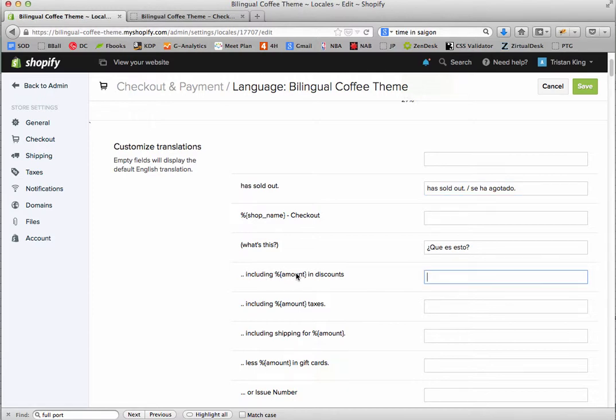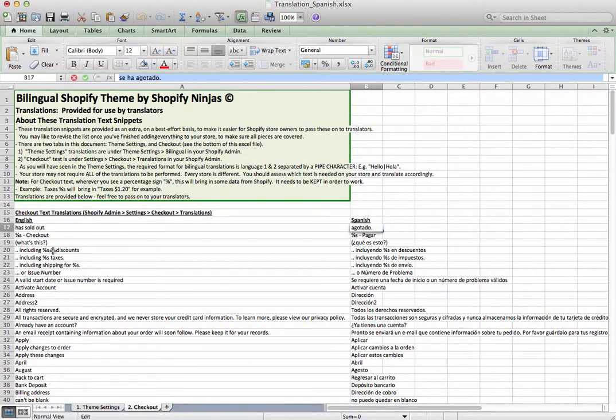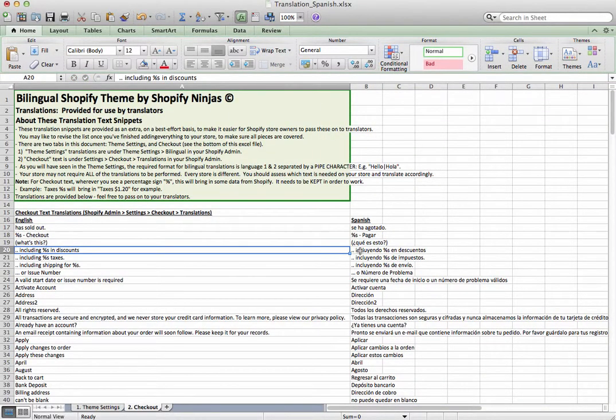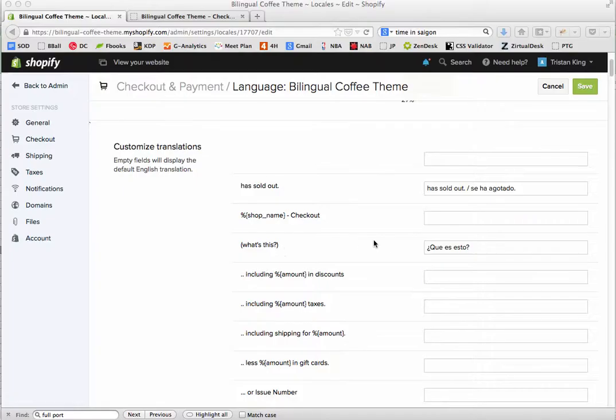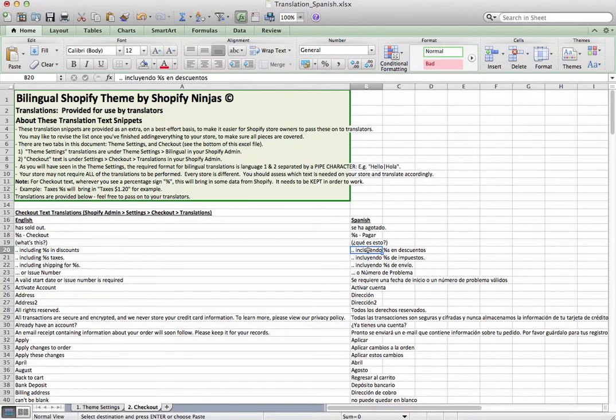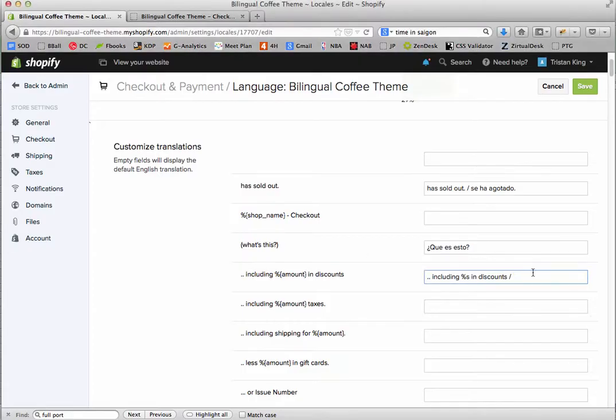I'll do one more here, including this percentage amount in discounts. Now, anything with percentages here you need to leave because that will bring in some kind of amount from Shopify. So this might be, let's say, $20. That will say including $20 in discounts. So what we'll do again is come across here, including such and such in discounts. I'm going to copy this text across, first in English with a slash, and then in Spanish,